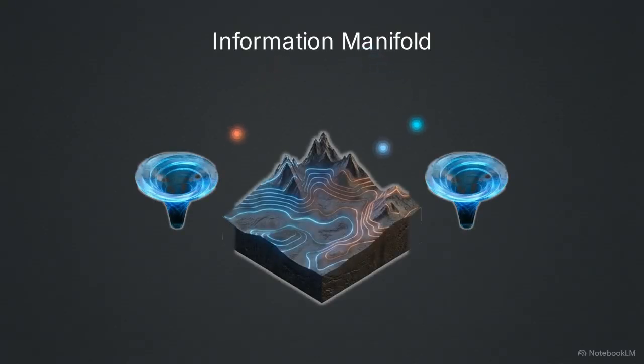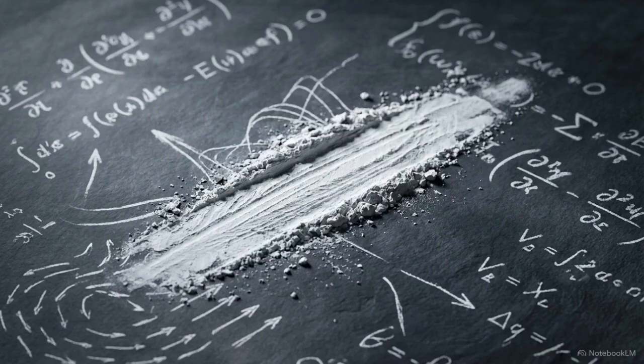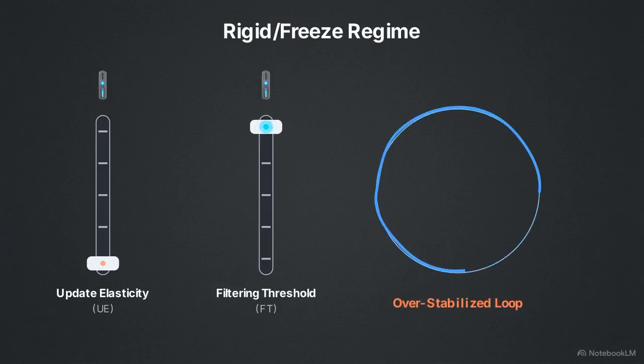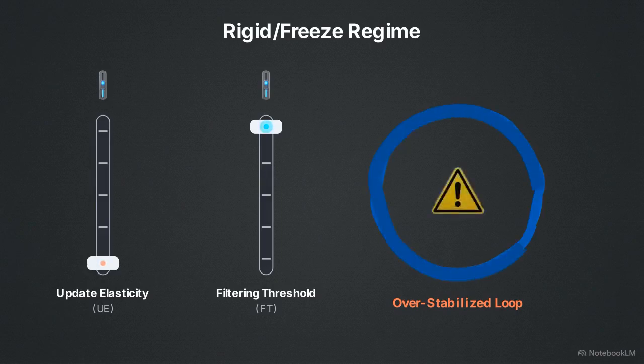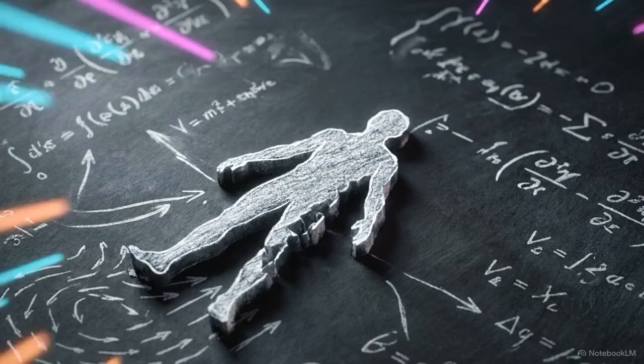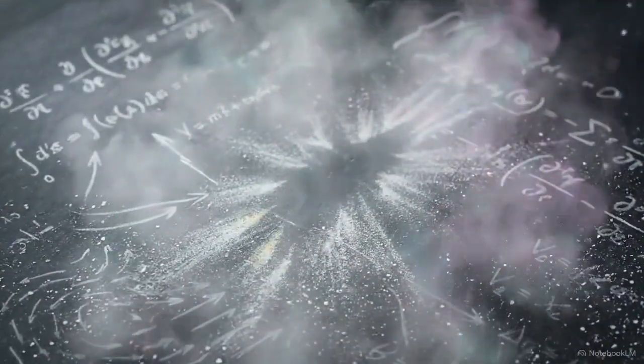We can apply this framework to clinical presentations by viewing them as continuous attractor basins. The rigid/freeze regime is a structural state often categorized under the umbrellas of autism or OCD traits. In this regime, critically low update elasticity paired with high filtering locks the receiver into processing loops that resist modification. Contrast this with the overload regime, an unstable state found across various diagnostic spectrums. Overload occurs when input density exceeds processing capacity. Signal-noise discrimination fails, leading to behavioral shutdown or chaotic responses.